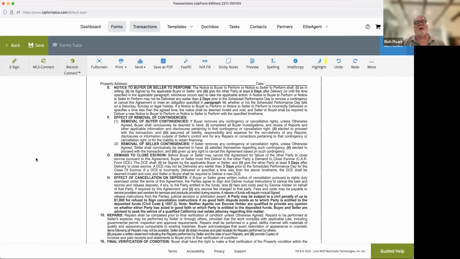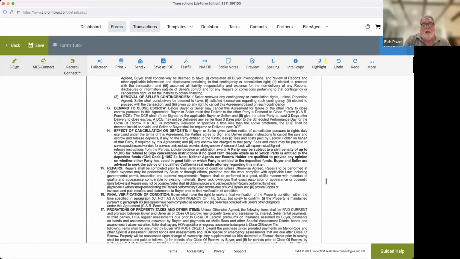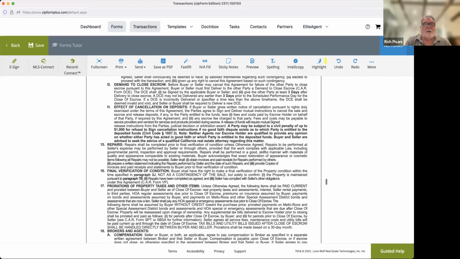Or you can try to negotiate, okay, would you accept returning X amount? You know, it becomes trying to avoid going to mediation. But if a party just refuses to sign, yes, there is this civil code. Have I ever seen it successfully exercised? No. But sometimes the threat of it gets people to sign. So then we go on to repairs.